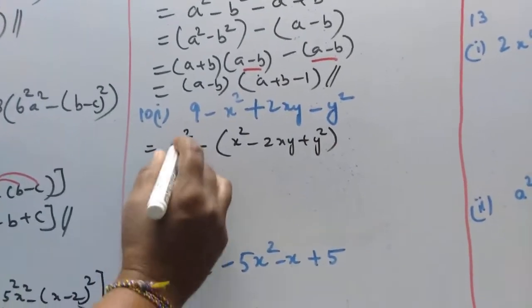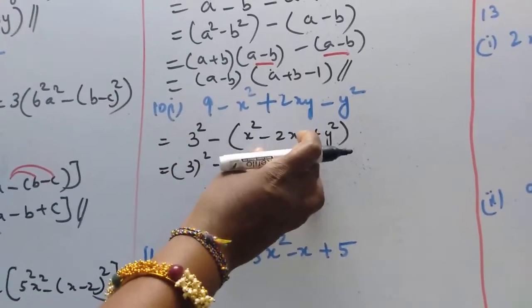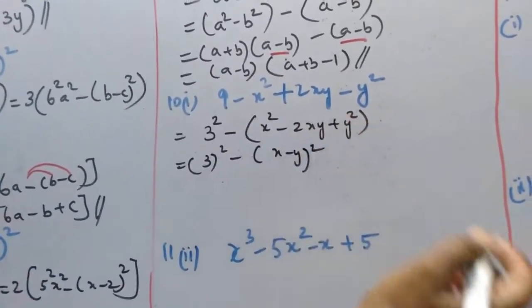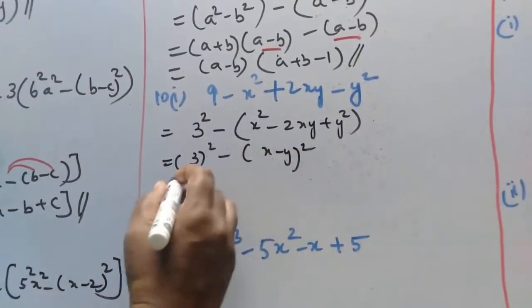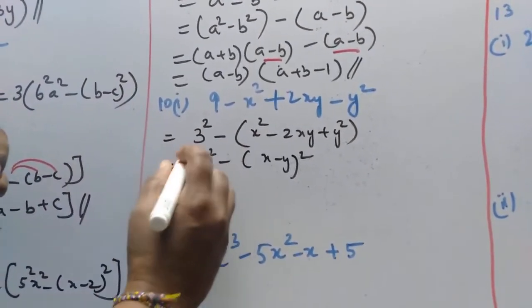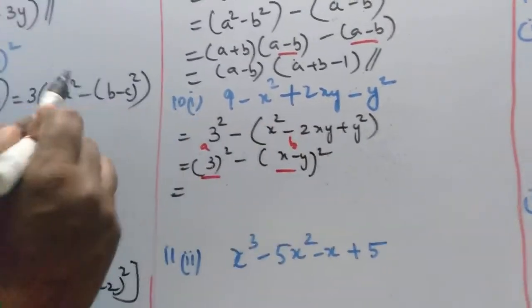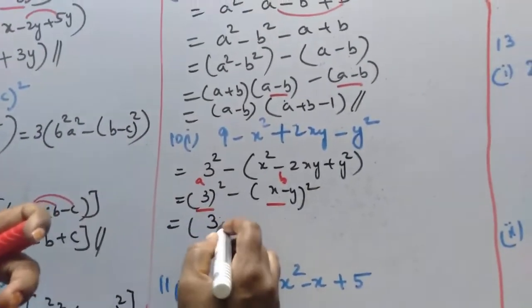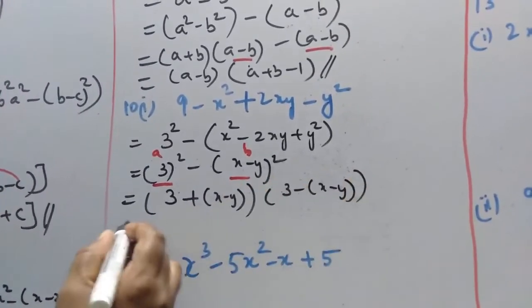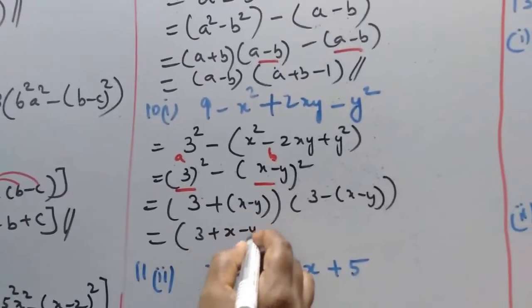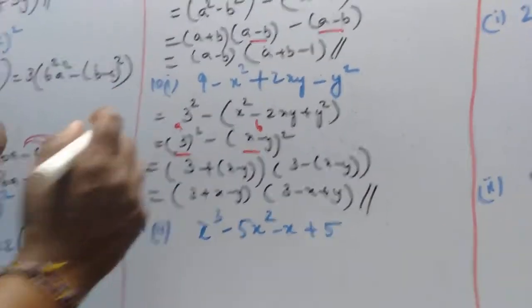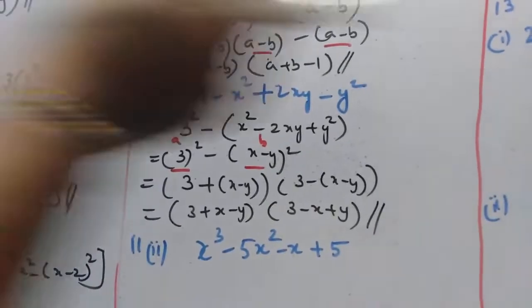Okay, then this can be written as 3 square minus, it is in the form A minus B the whole square. Here A is x and B is y. So which can be written as x minus y the whole square. So which is in the form A square minus B square. So this is A and this is B. So which can be written as A plus B into A minus B. There are two terms used here. So you will be getting 3 plus x minus y into 3 minus x plus y. So no common terms, and this is the solution for this particular question, which is also most important.